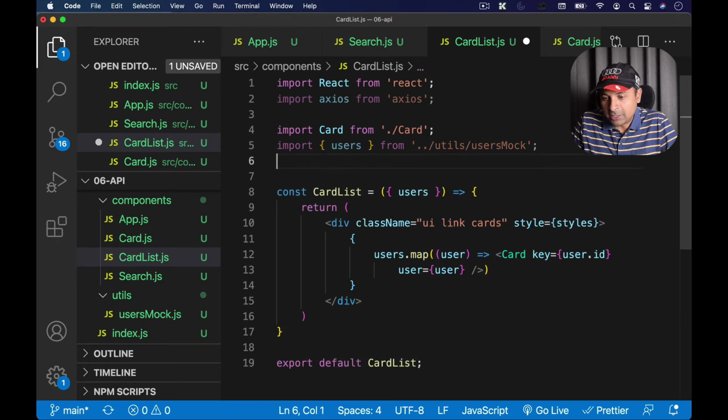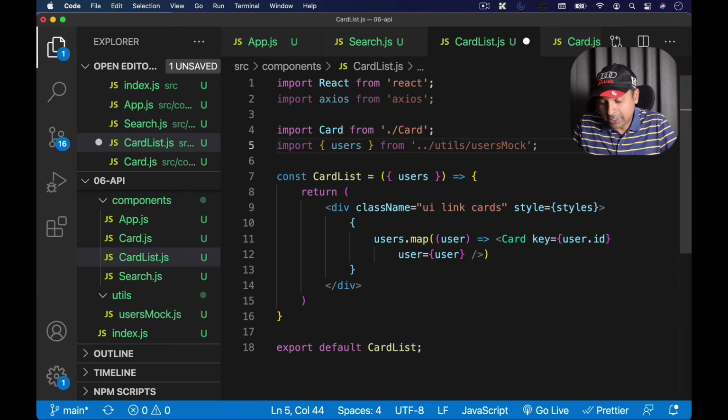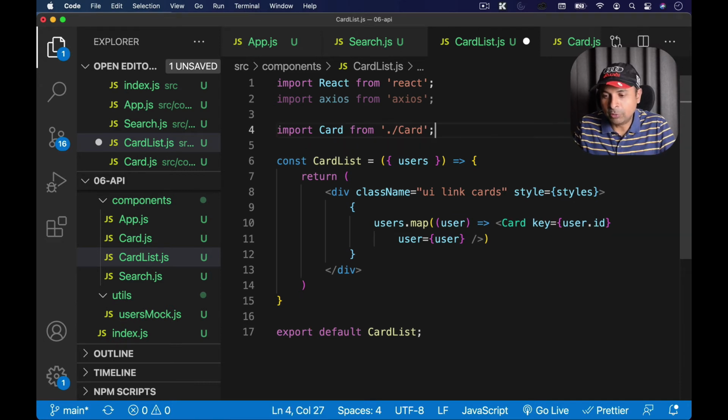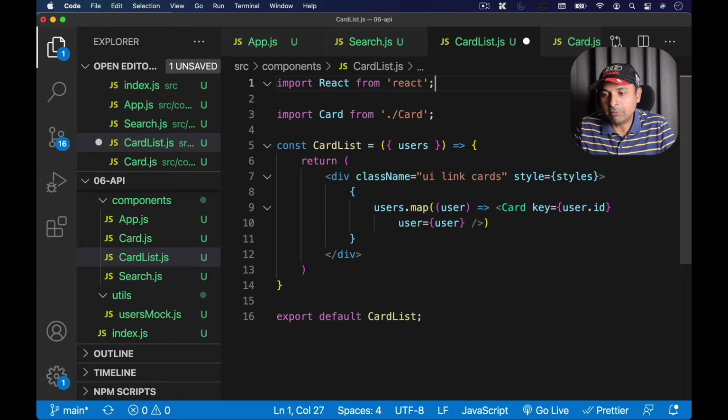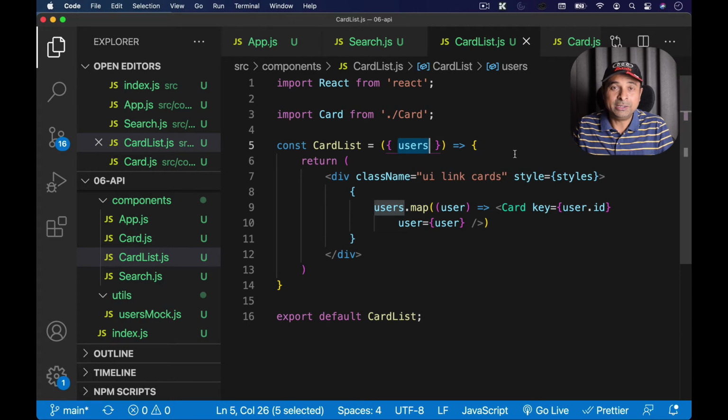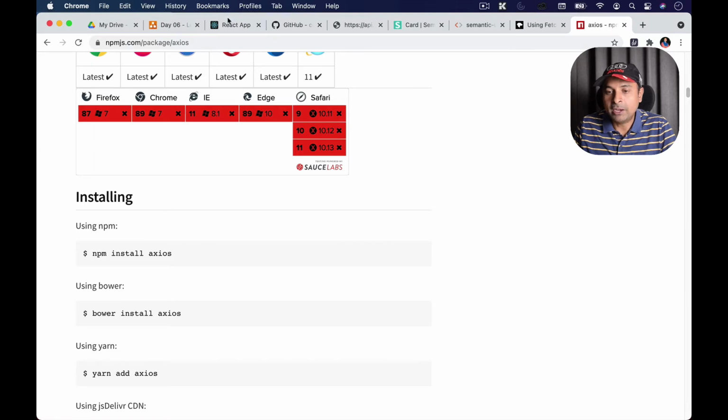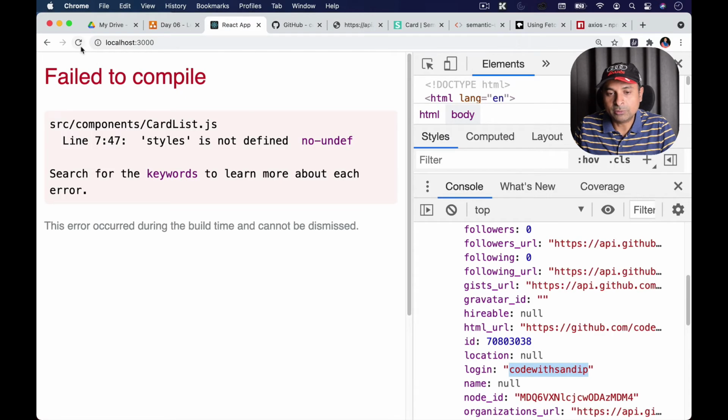I no more need a class component. I don't need the mock data also, so I'm going to get away from the mock data. I'm not going to use Axios here, so I'm going to get rid of Axios from here. So now card list is going to get the users data, the data which I'm going to load from the GitHub API. So let's come back, and when I'm going to enter something,